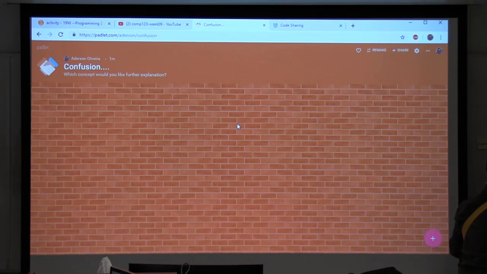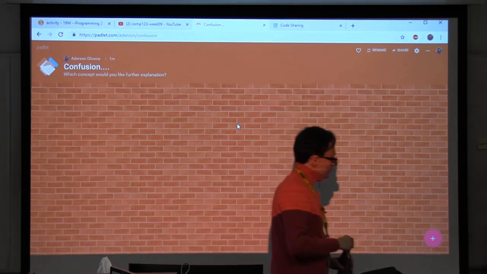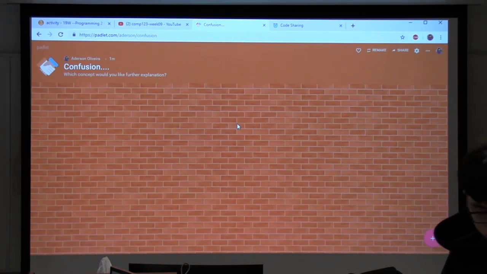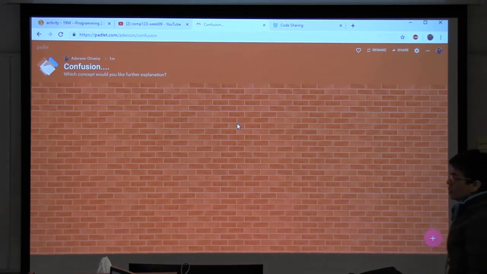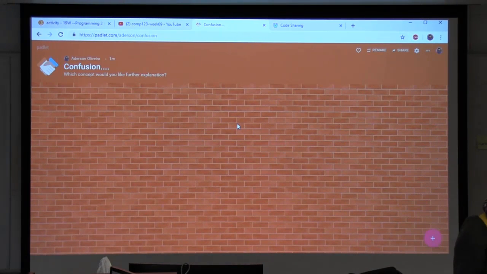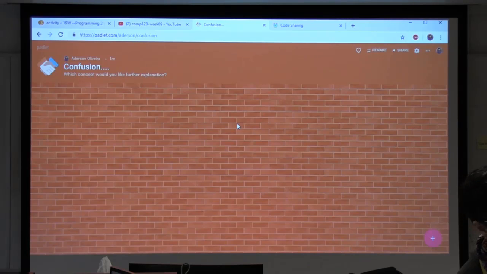If you guys want to put on that wall, that's fine as well. It's up to you. If it's already here, that's fine. Just put it in the middle. Actually, maybe just put it up there. Maybe use the space here so we don't mix them up. There's already a bit mixed up.